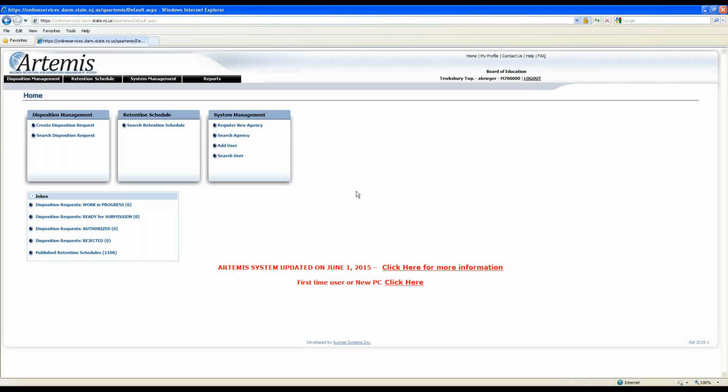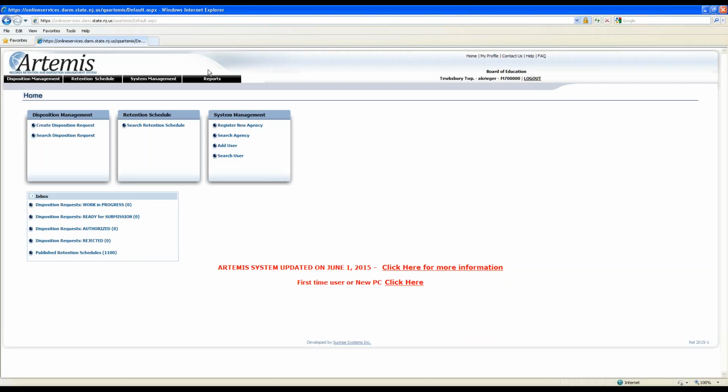And even out on the state site, that information is a little dated because once the state publishes a new schedule, they send it over to OIT to update that website. Well, I guarantee that website doesn't get updated immediately, right? There's probably a period of time before that website gets updated. But those changes are already in Artemis. So really, the thing that I'm stressing here is that to get the most up-to-date information for retention policies, Artemis is the place to go.